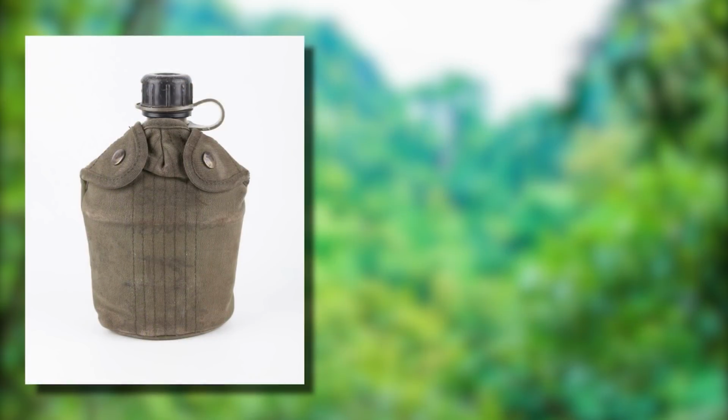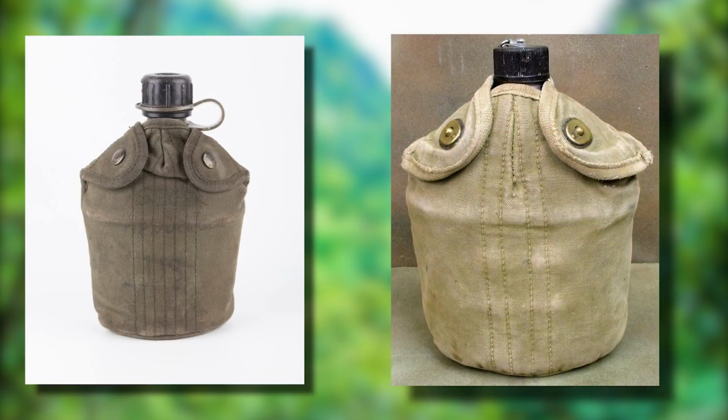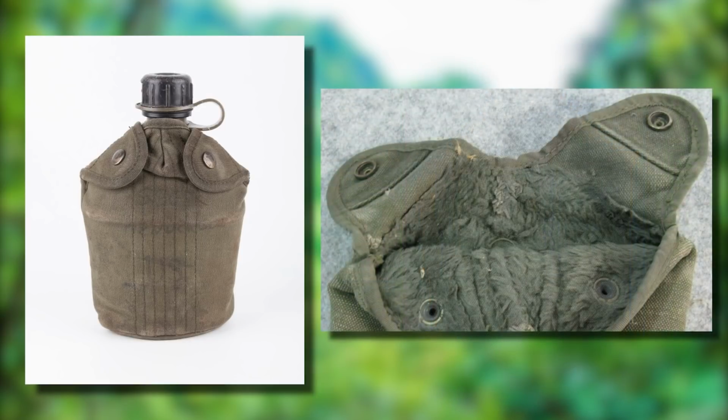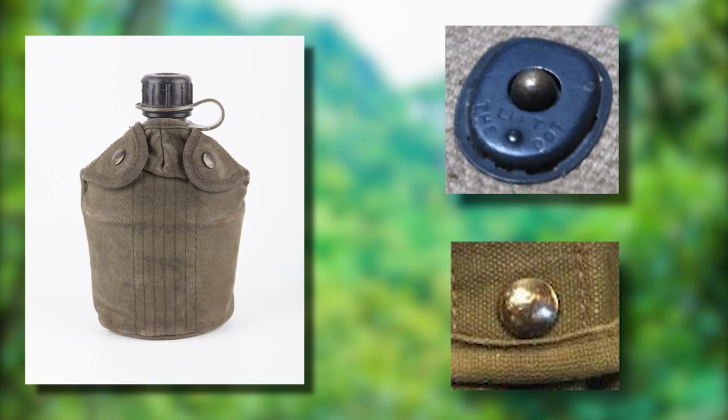Perhaps the most unchanged aspect of this system was the canteen cover. Being based on the M1910 models, which had been in service one way or another for nearly 50 years at that point, the design had proven very effective. Aside from color and slight adjustments to stitching, the changes were minimal, seeing the attachment method updated, the inside lining being made of acrylic pile instead of felt, and the replacement of lift the dot with snap buttons as the